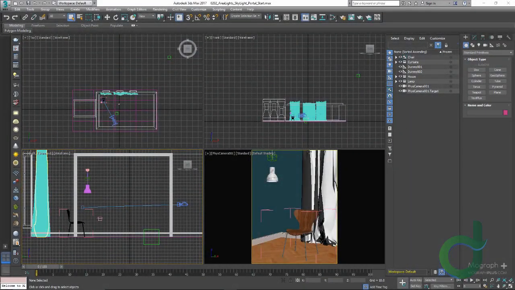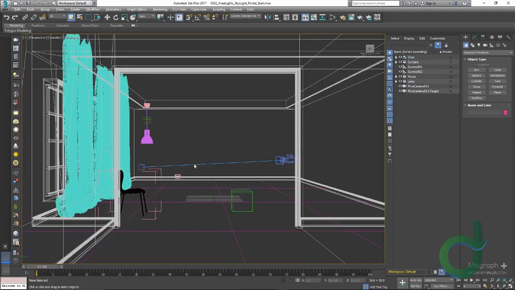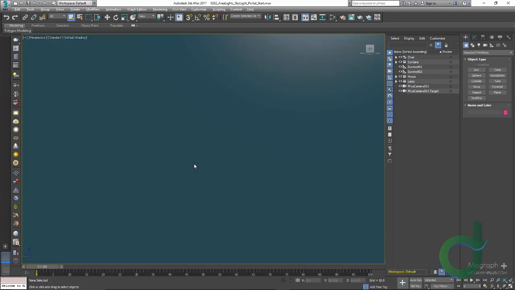In this lesson, we cover skylight portal option in V-Ray Light that we skipped in the previous lesson. That was because we actually needed another scene to be able to fully understand what this option is for. I really want to avoid one-dimensionality in this course. That means I don't want to start the lesson with fully prepared scenes and simply fire up the render and